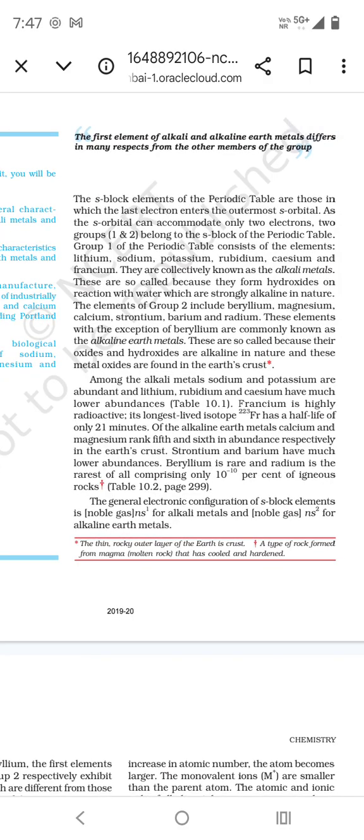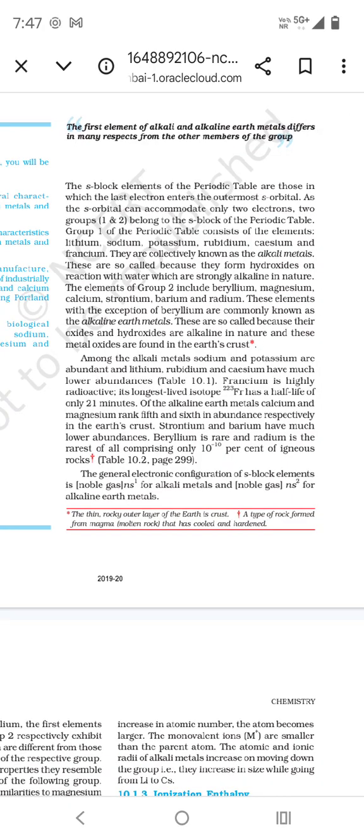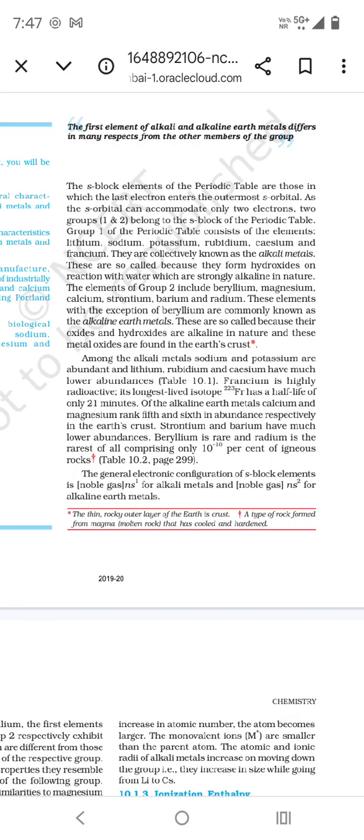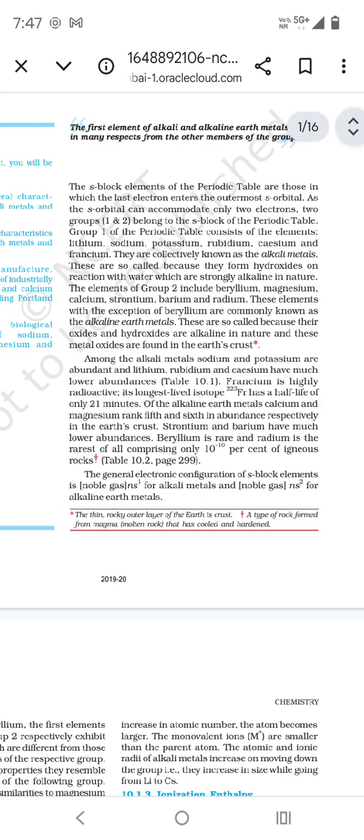The elements of group 2 include beryllium, magnesium, calcium, strontium, barium, and radium. These elements, with the exception of beryllium, are commonly known as alkaline earth metals. They are also called so because their oxides and hydroxides are alkaline in nature, and these metal oxides are found